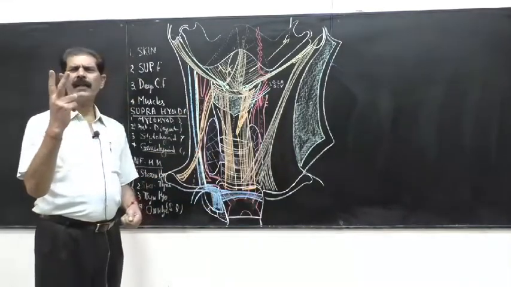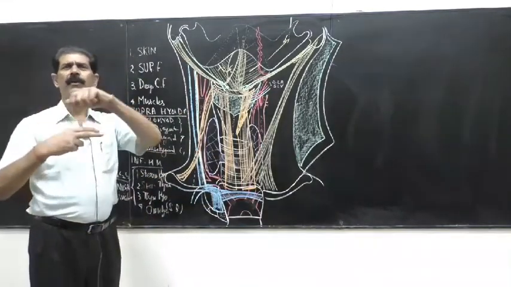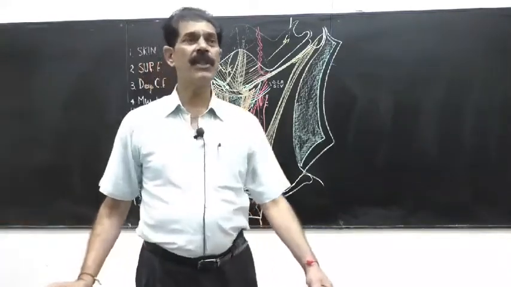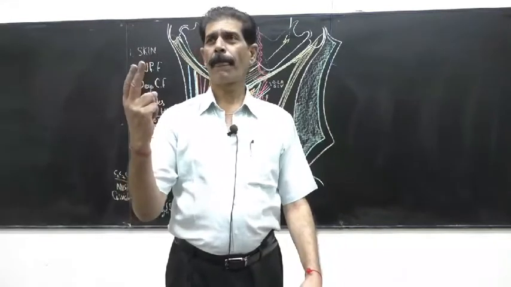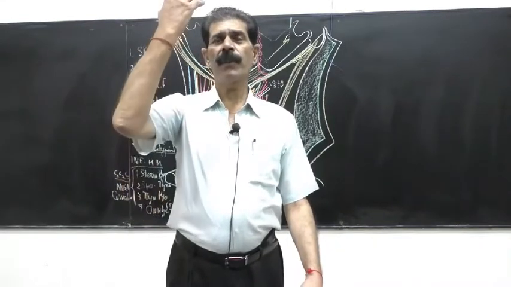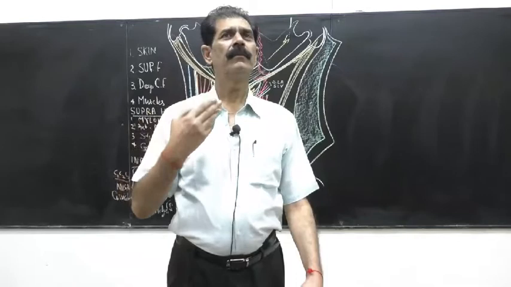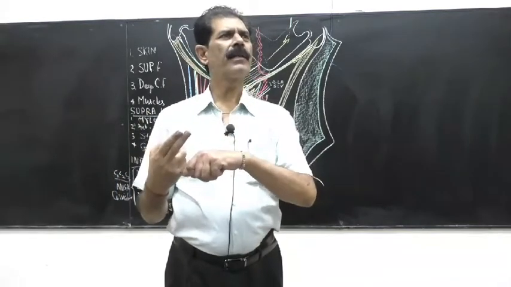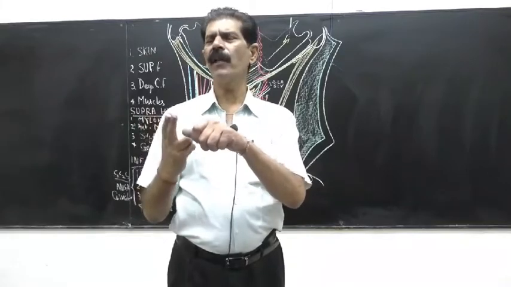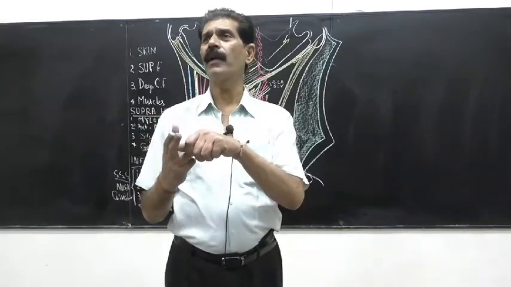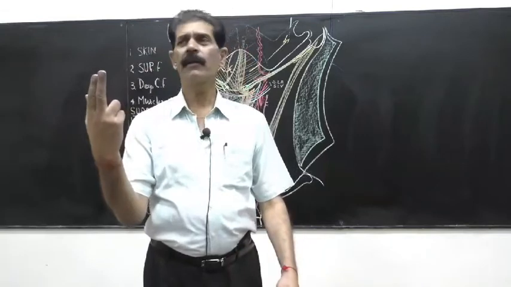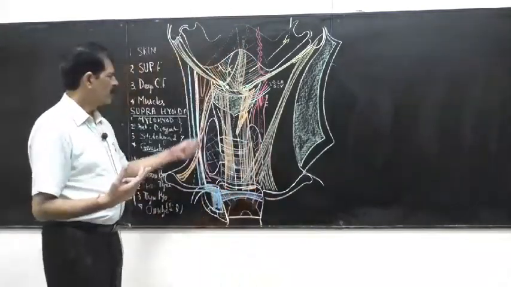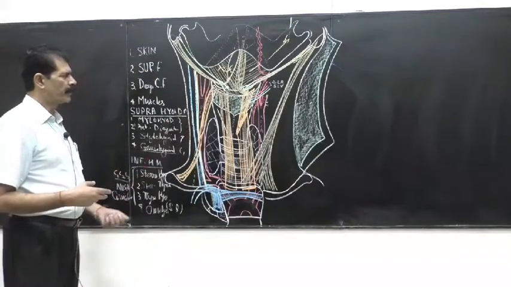Now the artery, the vein and the nerve are wrapped in a sellotape, and that sellotape is called the carotid sheath, to keep them together, because venous blood has to come down due to gravity, and the artery and vein are wrapped together so that the arterial pulsations will prevent clotting of the blood in the vein. That's why they have been closed together. Both are big vessels, so that is how to remember them.